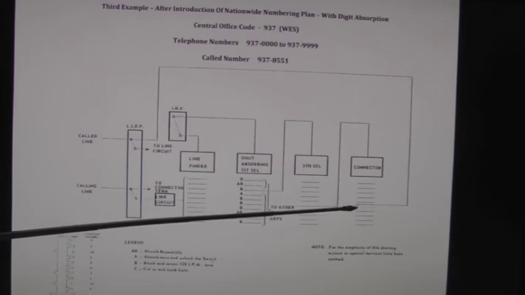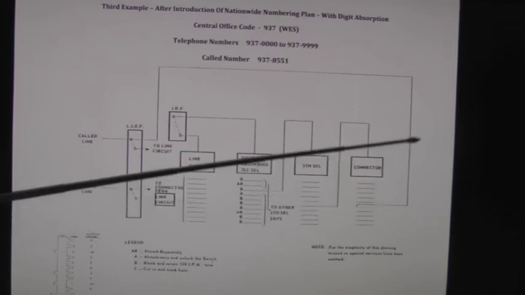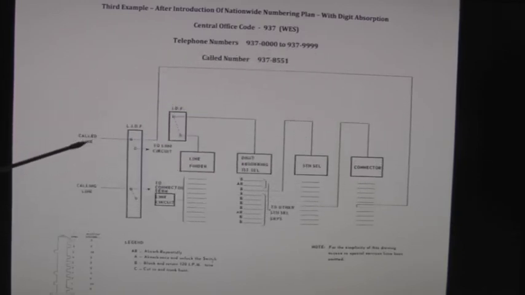The customer dials the units digit, which is 1, and the connector rotary steps 1 position to the first terminal, which is the terminal associated with 9378551. It seizes that line and sends ringing current over to the called line. The called line answers the phone, and the connector connects the calling line and the called line together, and the